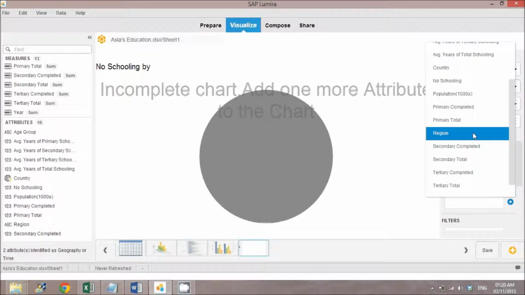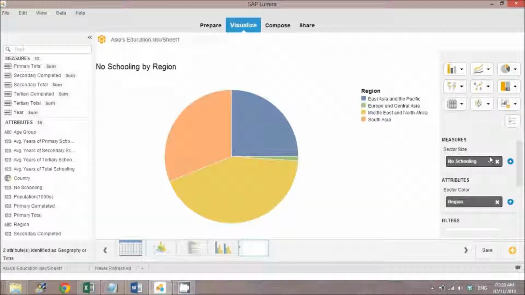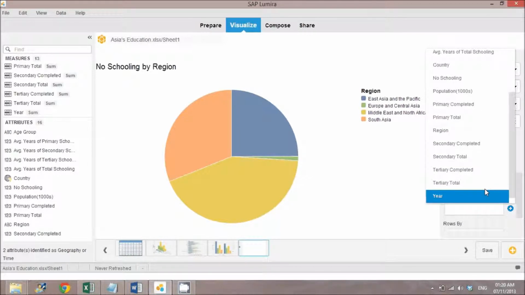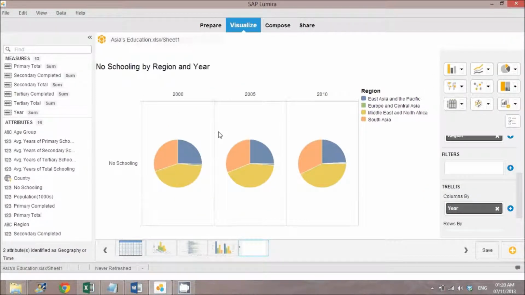Since we are evaluating with respect to the region, we can add a trellis over here which gives the statistics for each year. Chart is now done.